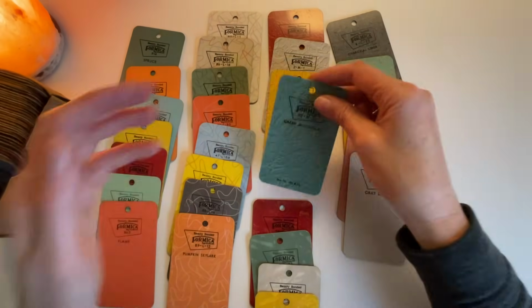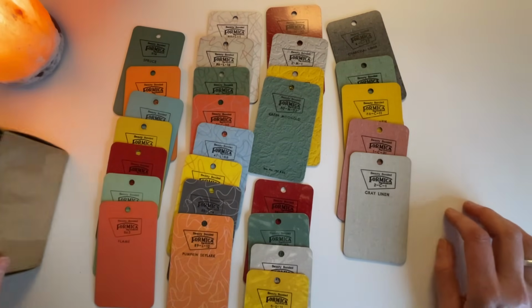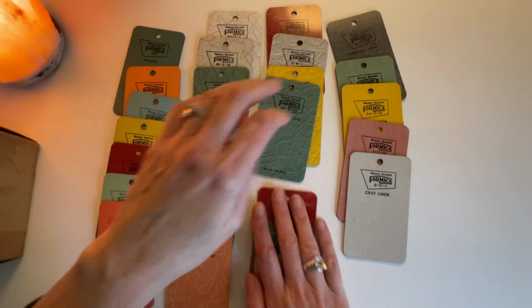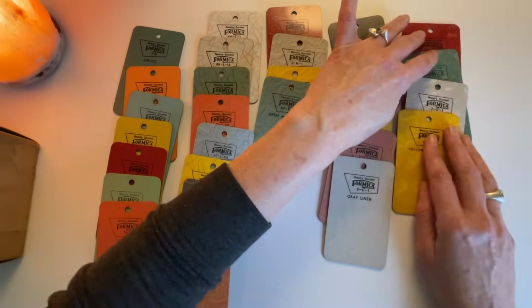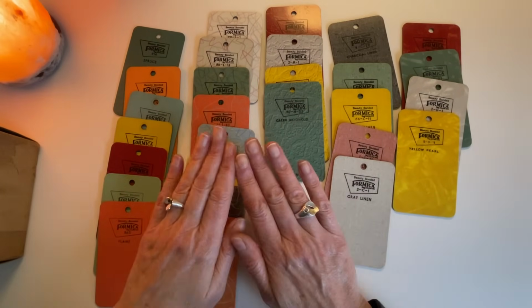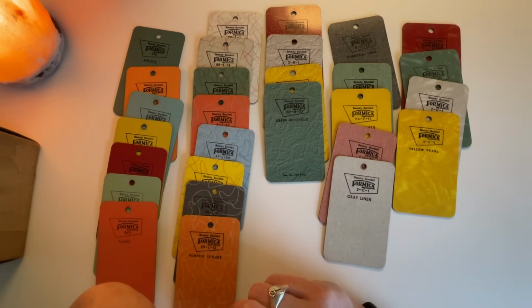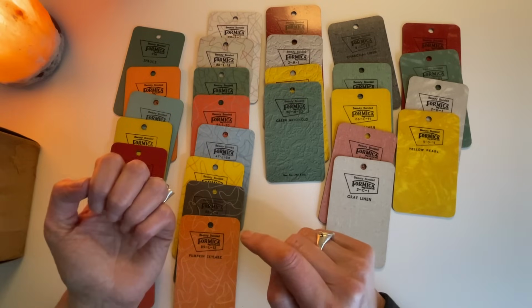This is tough because I kind of actually like a lot of these. All right, I'm going to work with these samples and pick out my kitchen. Let's pretend we can do the walls. I'm going to do a backsplash and a countertop. And it's tough